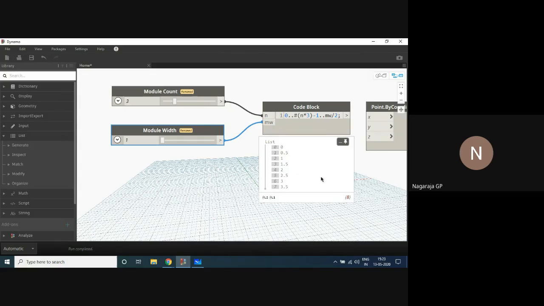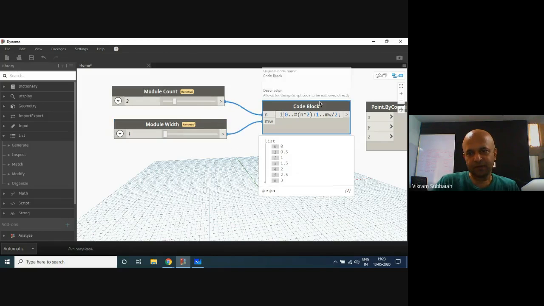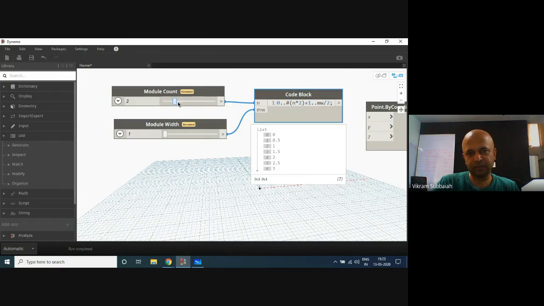Is it n into 2 plus 1? N into 2 plus 1. Yes, I think that is right. That seems right, correct. Okay, so now we seem to be getting this right. If it's 4, we're getting 8 points, 9 points. Yeah, we are ending at 4. That's the goal. If you want 5, we got 5 points.